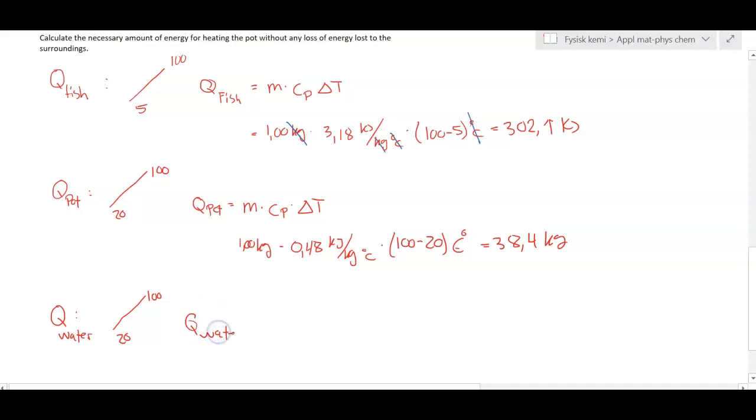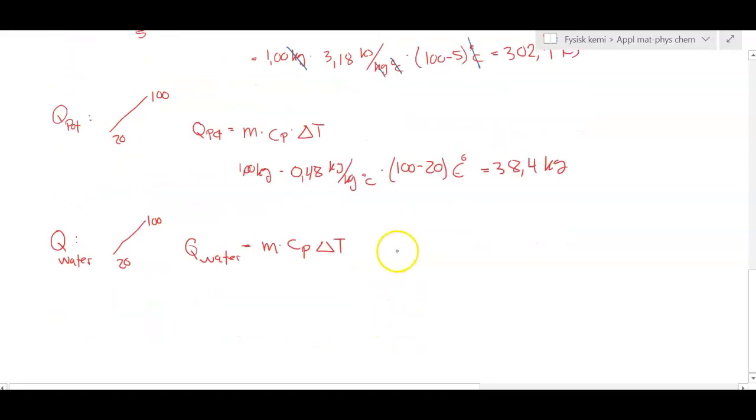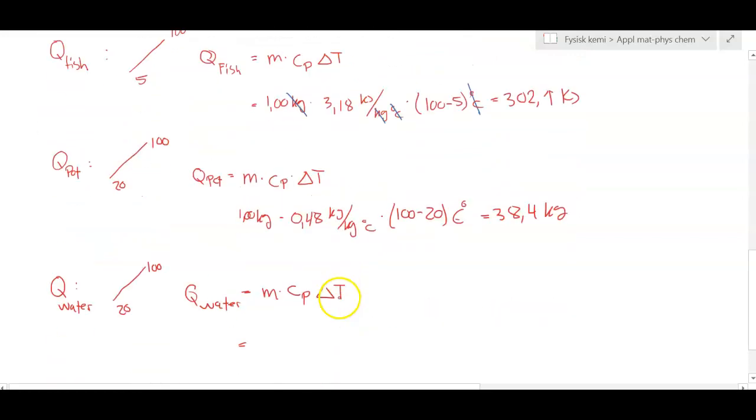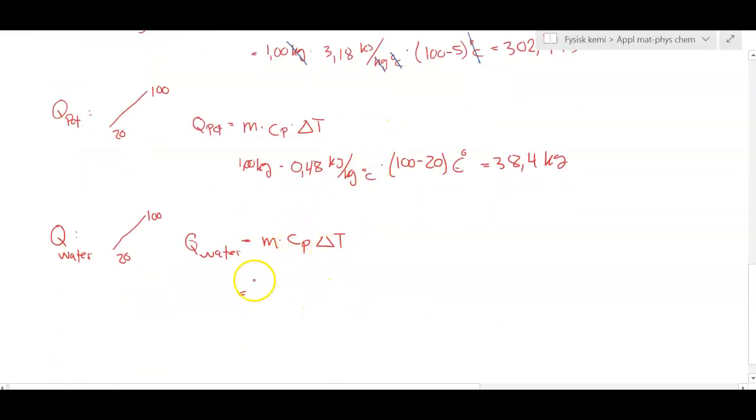So Q water equals mCp delta T. So how much water was it? Was it 1 kilo of water? Yes. Someone chose some nice numbers here. 1 kilo of water